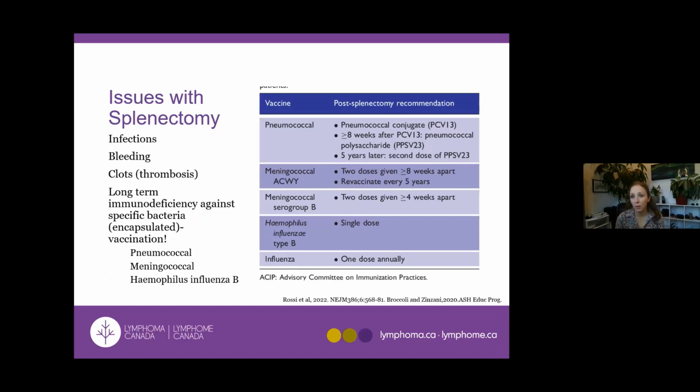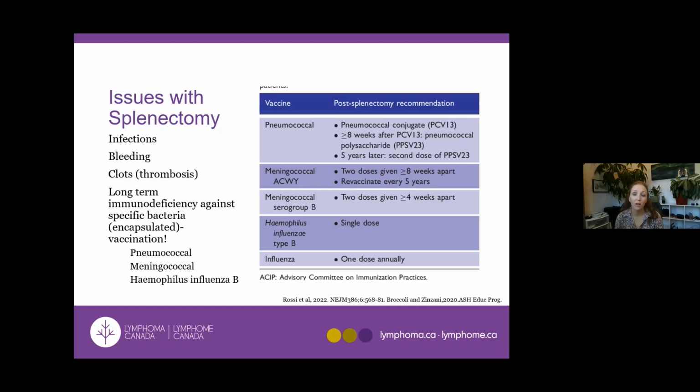So again, we used to take them out kind of willy-nilly for all different types of lymphoma, but then we realized that these patients were frequently getting infections after the initial surgery. They could have extensive bleeding because it's this big blood-filled organ that you're taking out that's frequently quite large. They try to do it through keyhole or laparoscopic, but sometimes have to convert to open, so there can be a long post-surgical recovery. We know that they have an increased risk of clots,